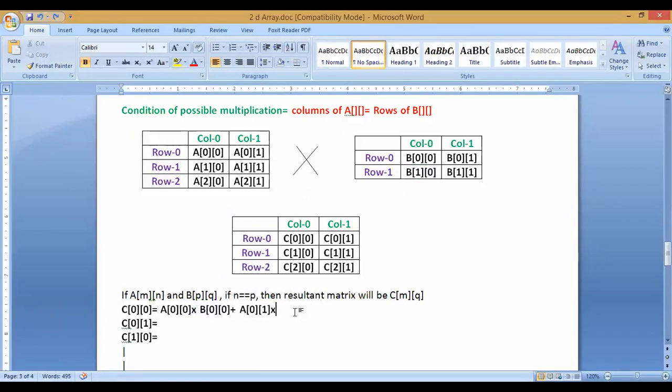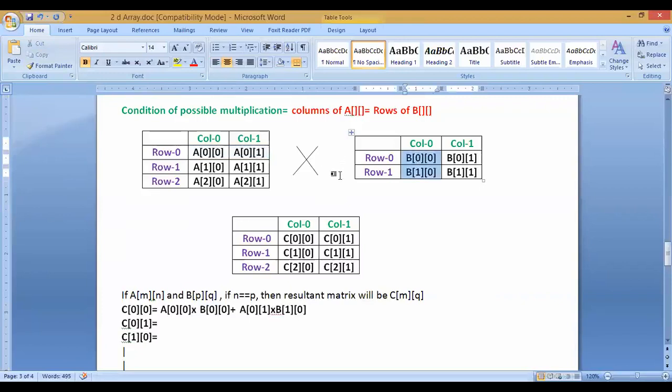B10. So B1 and 0. In this way, the first row is multiplied by the first column, each element individually. So A00 is multiplied by B00, A01 is multiplied by B10.